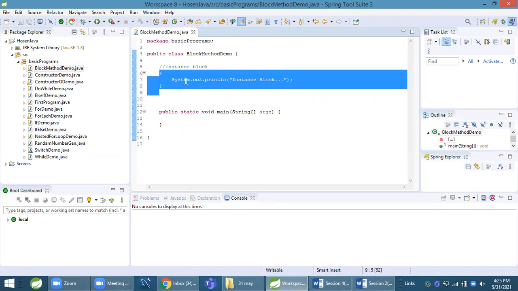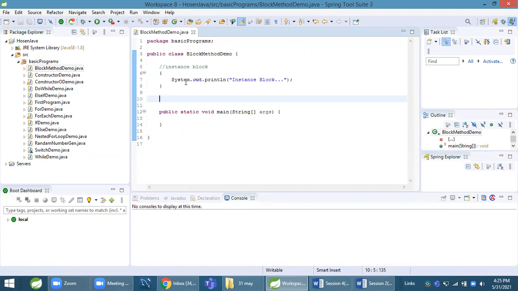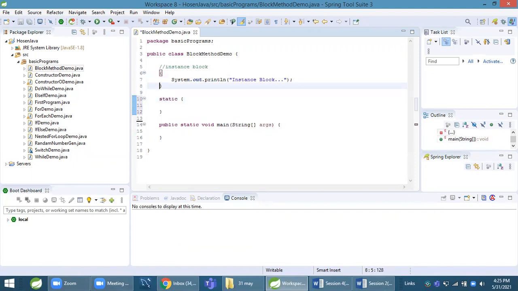There is one more type of this block, that is static block. For instance block, we do not provide static keyword before the starting curly brace, and for static block we provide static keyword before it.